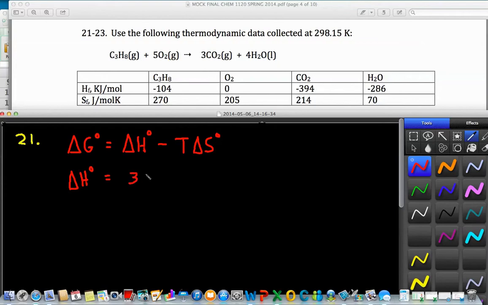So we have 3 times minus 394 plus 4 times minus 286